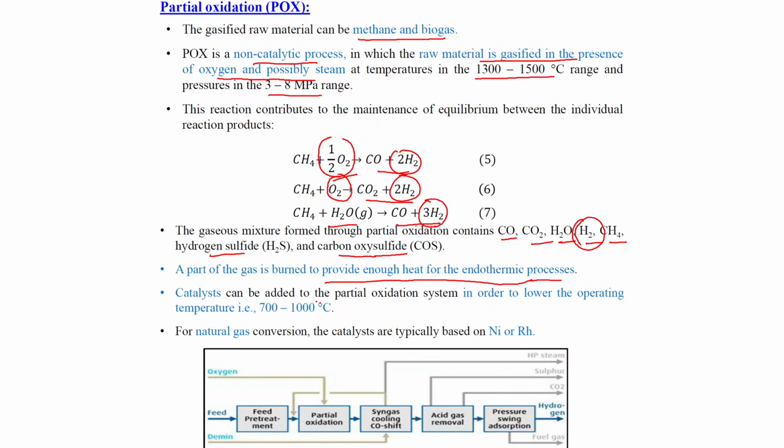Okay. Sometimes catalyst can also be used in order to lower the operating temperature, because this temperature is very high. So if your raw material is temperature sensitive, then sometimes we can also use catalyst to lower the partial oxidation temperature. Okay. For natural gas conversion, the